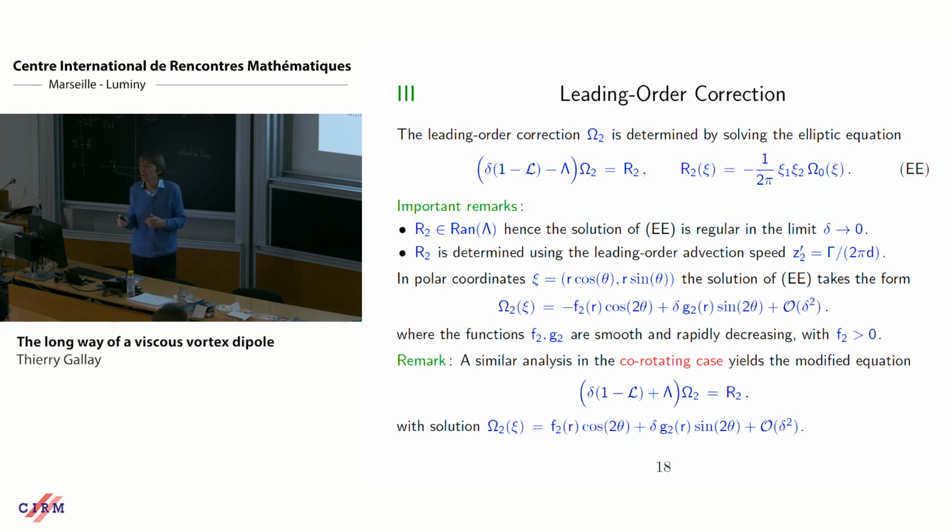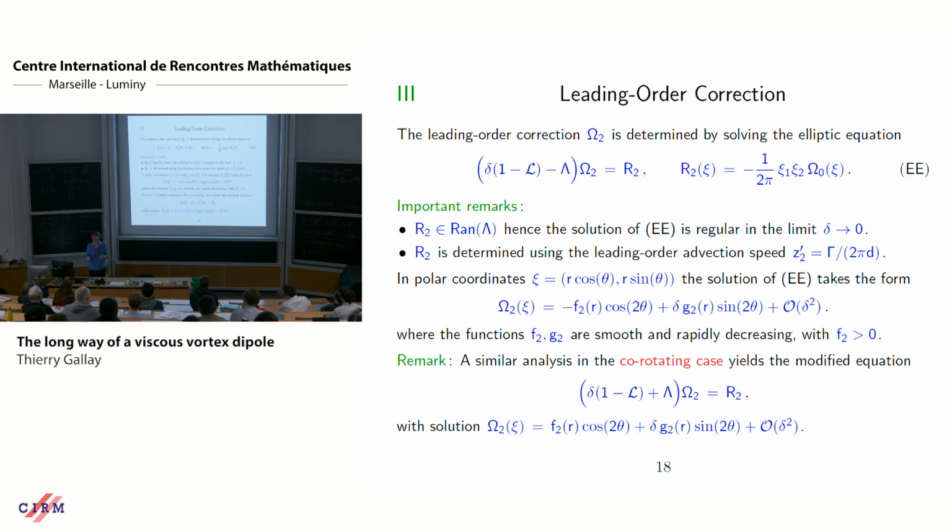So you have infinitely many solvability conditions if you want to invert this operator. Your right-hand side should be orthogonal to all radially symmetric functions and also to the first-order derivatives of the Gaussian omega 0. Now the right-hand side is explicitly known, and it is indeed orthogonal to radially symmetric functions, so no problem. It's also orthogonal to d1 omega and d2 omega. So you can invert the operator lambda here,